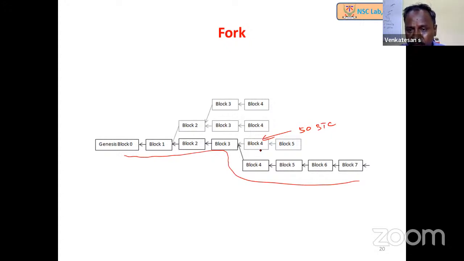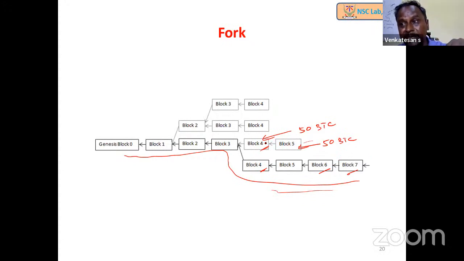So then what is going to happen? There is another person who also created a block. Now block number 5 comes. Somebody considered my block as the parent block, and he or she has created block 5, and they also got 50 BTC. Now you can see there are two block 5s created, one considering this block 4 as the parent and the other one considering that one as the parent. Now block 6 gets created, block 7 gets created. However, in this particular sequence, there is no block 6 and 7 created on mine. So now the chain is going like this. This is considered the main chain, and this is considered the fork.